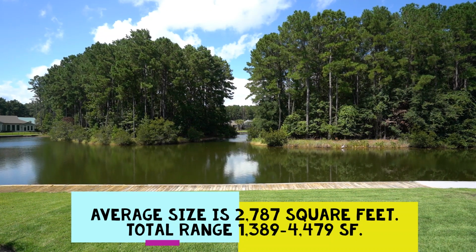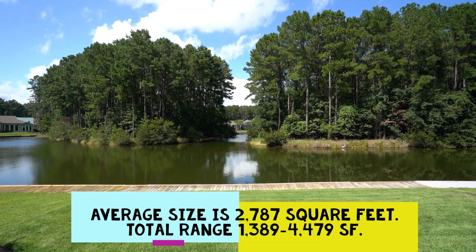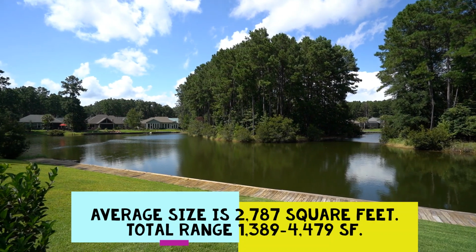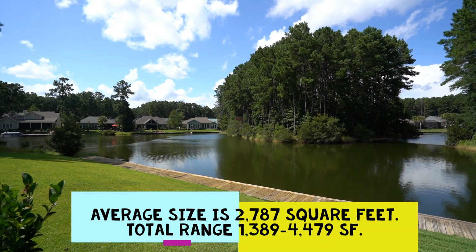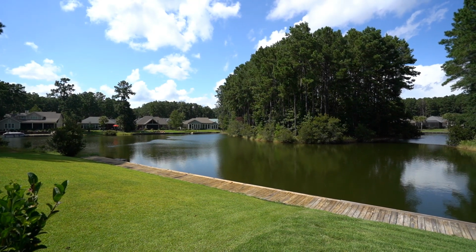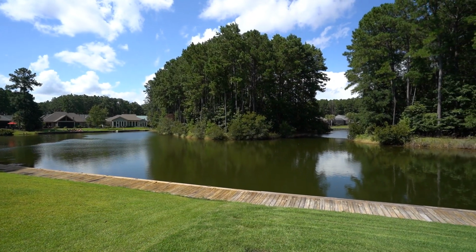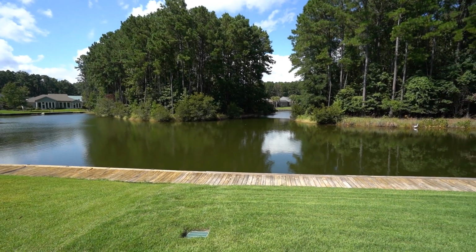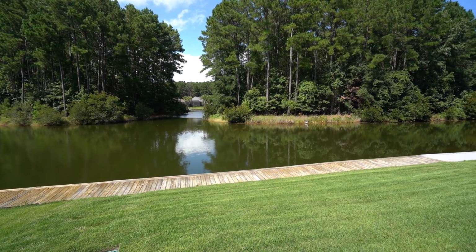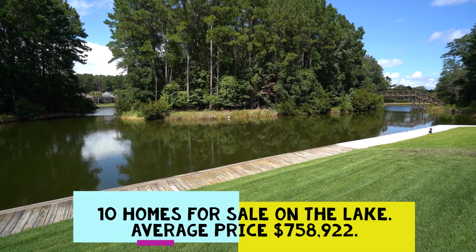The average size of a home for sale here in Hampton Lake, 2,787 square feet. The total size range, 1,389 up to 4,479. But like so many communities, you have markets within markets, and the lakefront market, and when I say lake, I don't mean lagoon or pond, I mean the boating lake, which you're looking at now. This is sometimes called the waterway because it connects through to larger waters. But this house has a dock